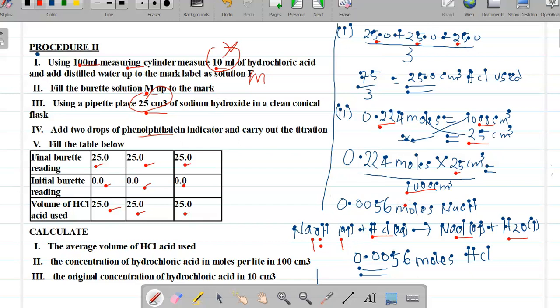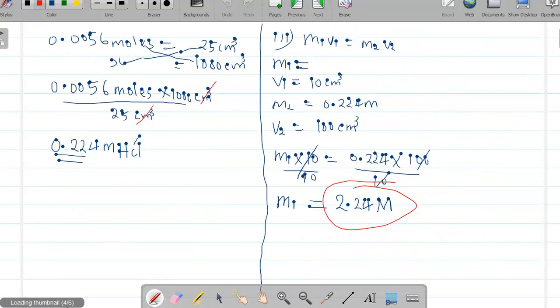This is the number of moles of the hydrochloric acid used. The volume of hydrochloric acid used is the average volume, 25. This one is equal to that one. Then what about 1000? 0.0056 moles of the hydrochloric acid is equal to 25, which is the average volume, over 1000. Then you cross multiply, you will get